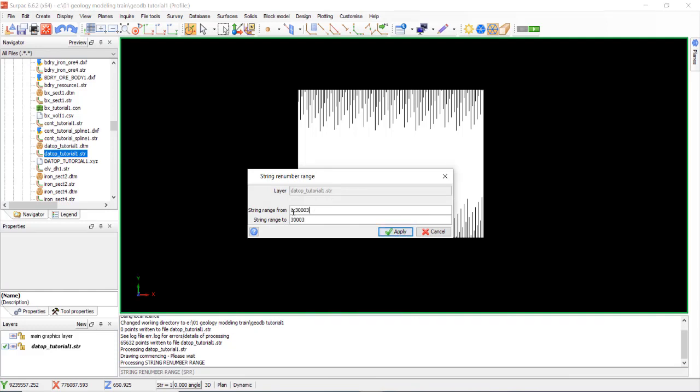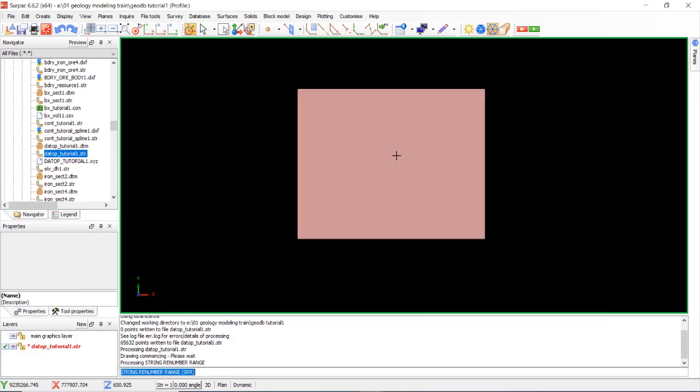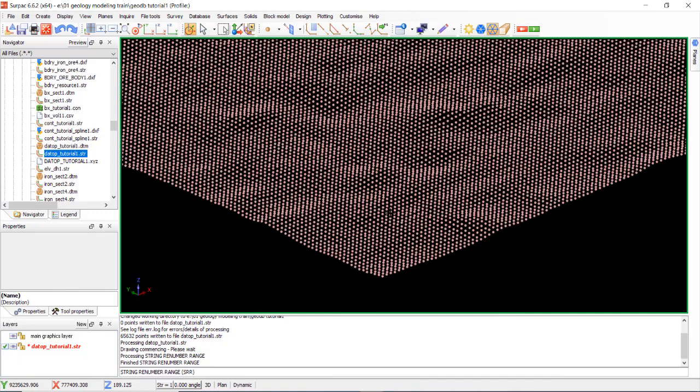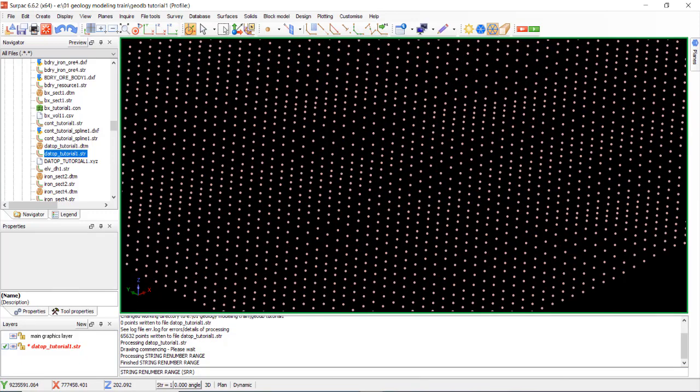Fill this data 1, 30,003, and then final string to range 30,003. Okay, apply. This data is only elevation, no line, only point data.